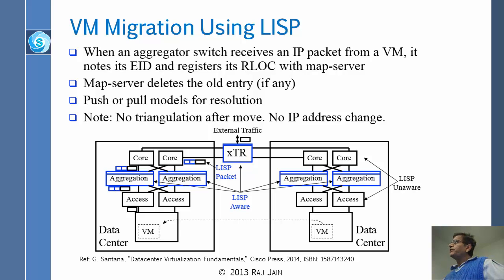Okay, so if you have a VM which is here, it will have an IP address. Actually, it will have an ID which will remain the same when the VM moves. Now here's the thing though, this technology does not assume Ethernet at all. None of this has to be Ethernet. It could be all IP with point-to-point links or whatever you want to have inside, right? So this is fully layer 3 technology. So you can move the VMs from one data center to another data center, but they keep the same ID,